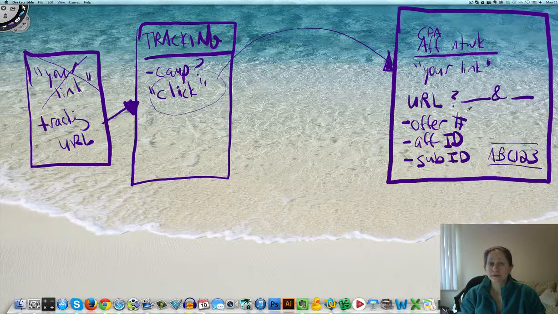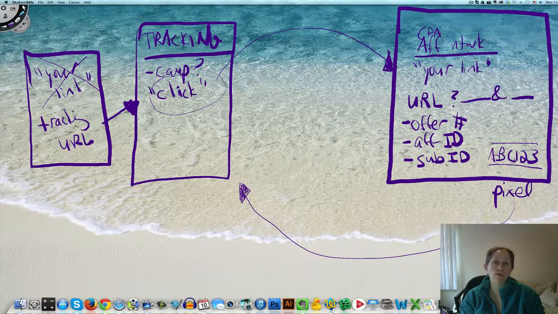Now, with the affiliate network or the CPA network, either you have a pixel placed, and if you have a pixel placed, it'll kick back every time you have a conversion, you make money, it'll kick back to your tracking software. Okay, and this is something you can set up. You can drop a pixel from your tracking software to the affiliate network, or you do it manually. You grab all your converting sub IDs. Okay, you look at your conversions report, you grab all those sub IDs, and you manually place them in your